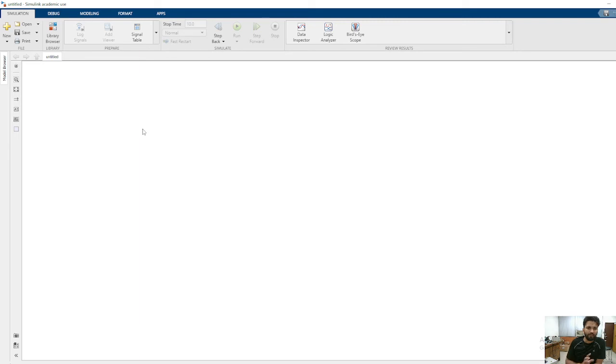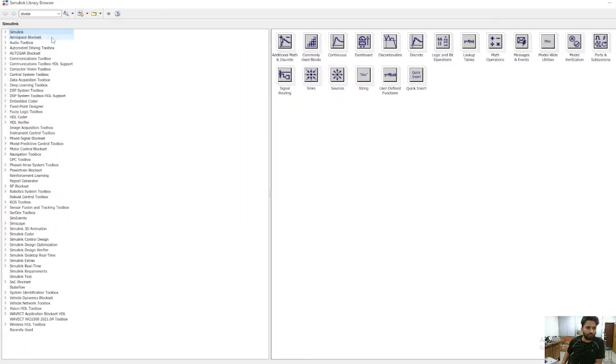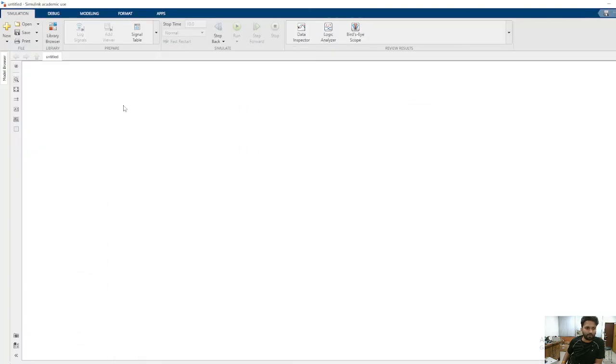Now this is a plain platform. Right now here is the library for browsing. So I can open this library, and I am minimizing it.